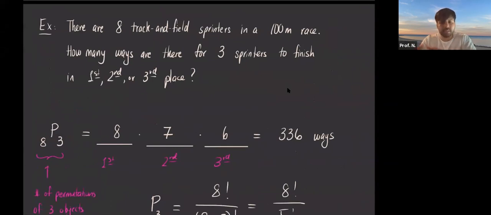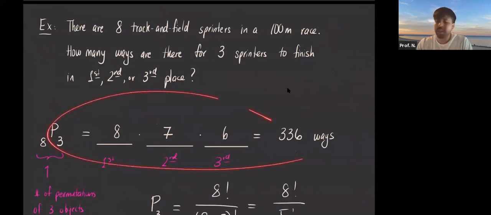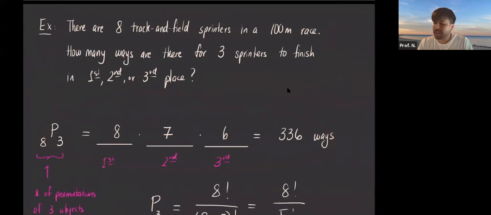The second position, there's seven choices. The third position, there's six choices, and therefore 8 times 7 times 6 is 336. That's the argument. That's the combinatorial argument. And you see, I got the answer without using the formula, because I can extend this kind of argument